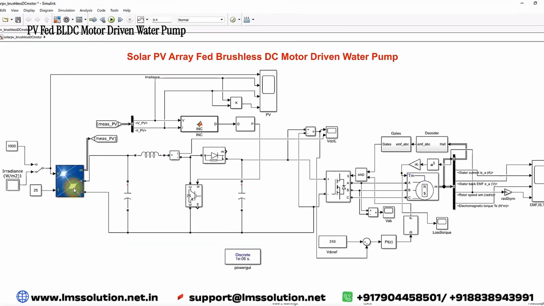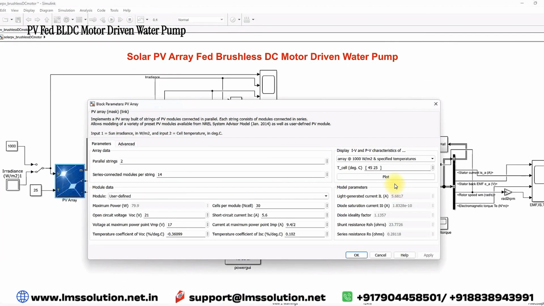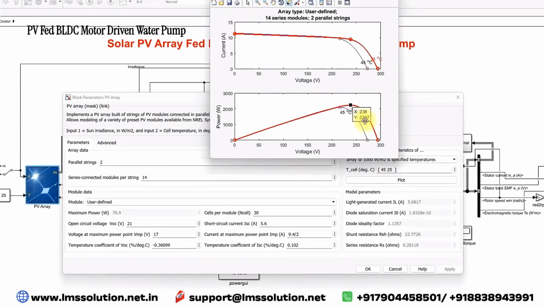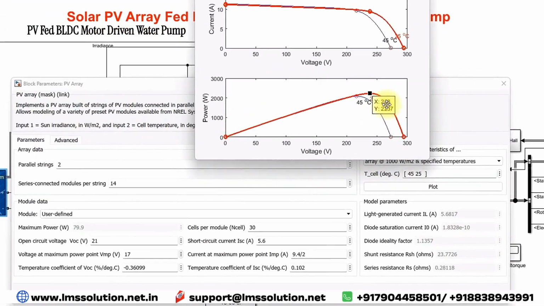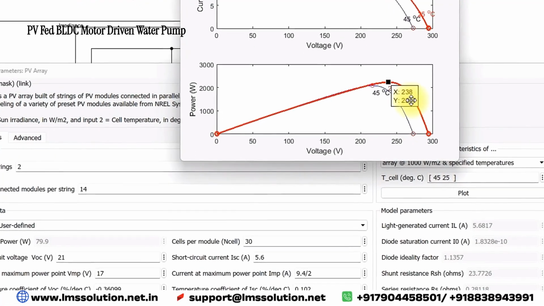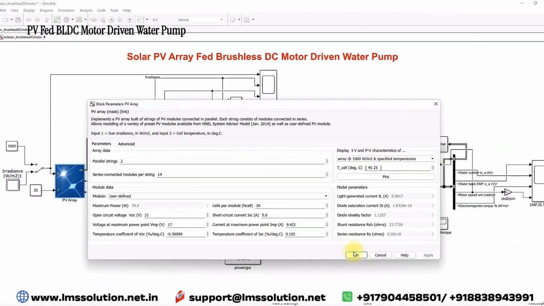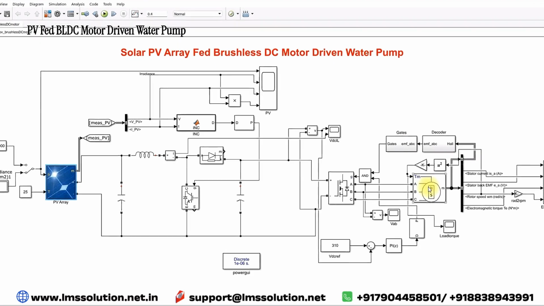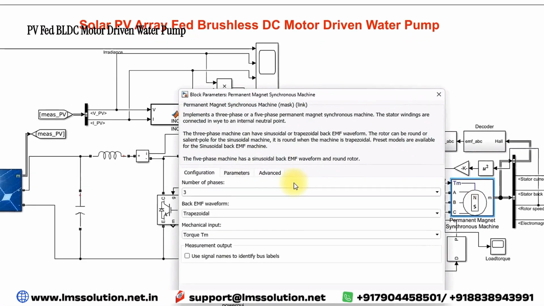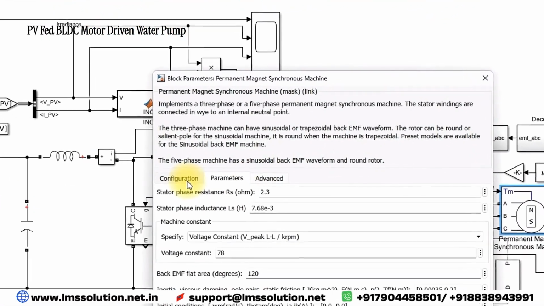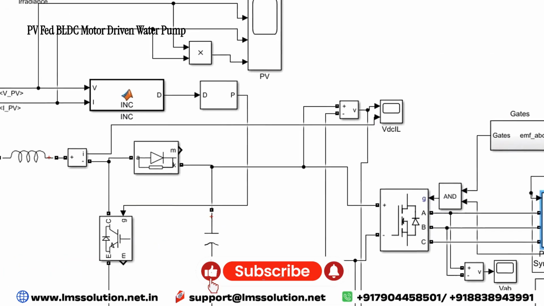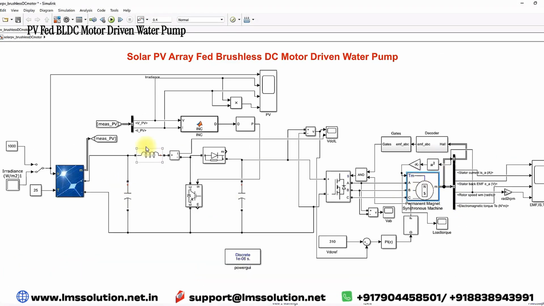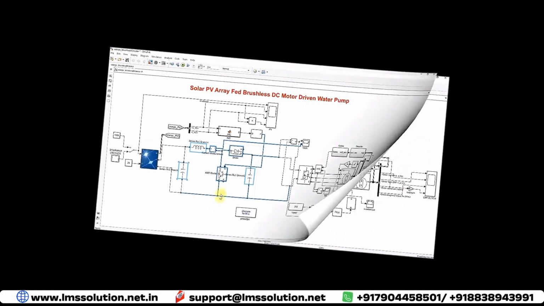So here you can see that the Simulink model has a solar PV array with a maximum power of around 2237 watts, and the operating voltage will be 238 volts. This is the rating of that PV array, and it is going to be connected to the BLDC motor. This BLDC motor rating is 1.8 kilowatts. That means this PV is going to be connected to the boost converter, and then this boost converter will be controlled